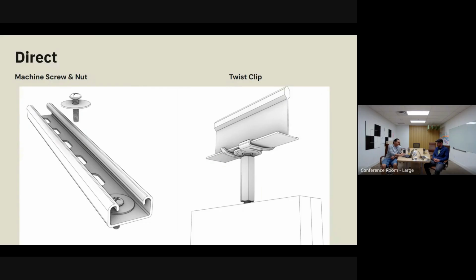Some more, you can kind of see the other one that is up here. This isn't as common, but when you're doing a direct mount to unistrut, this happens, and we recommend using this type of application when they have baffles that are really close together, right? Because if you have a bunch that are really close together, that's a ton of different ceiling mounts you have to do in cables. But if you just drop unistrut,